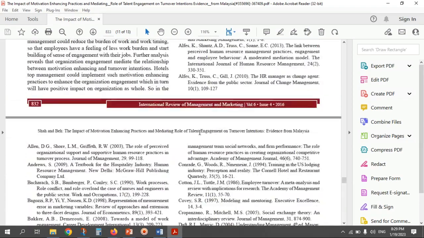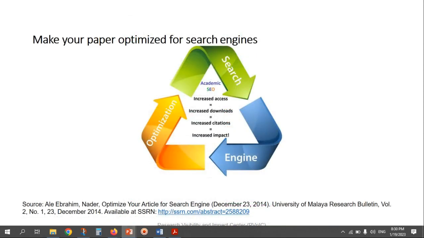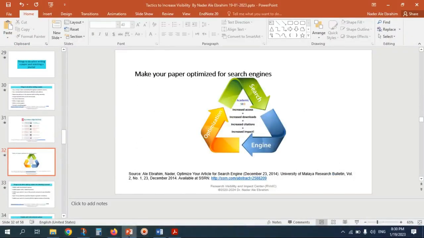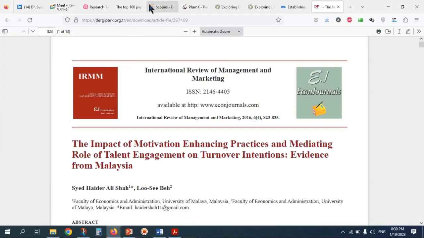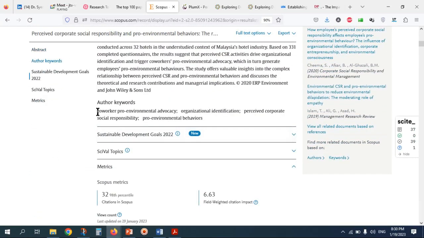Okay, back to the presentation. The table, figure, and equation, all of them should be in vectorized format, meaning the searchable format. And I mentioned being search engine friendly. You can check it and make sure the phrase which you use in the title will appear a lot. I will check it. For instance, here you can check on Scopus. For instance, you mention one phrase which is important for you, this phrase.